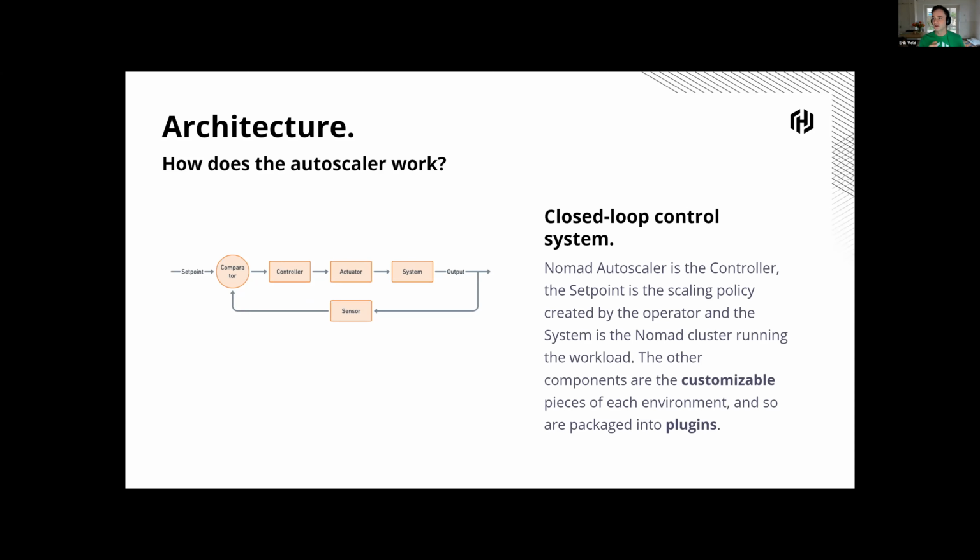First, I want to take a look at how an autoscaler works. It's basically a closed loop control system where we have our desired state and we have our current state. Every time, we measure if we are in our desired state, and otherwise we have to adjust the inputs and then measure again.